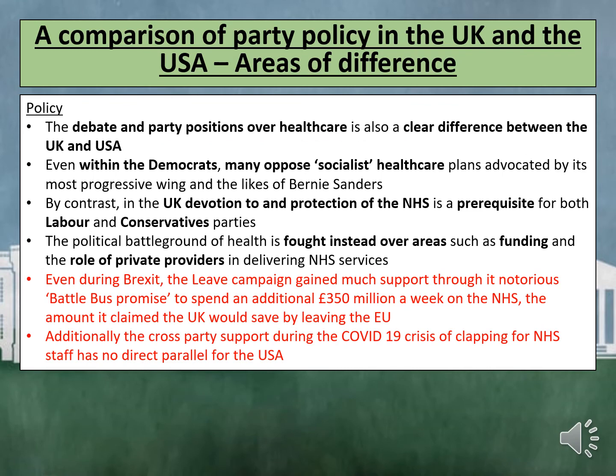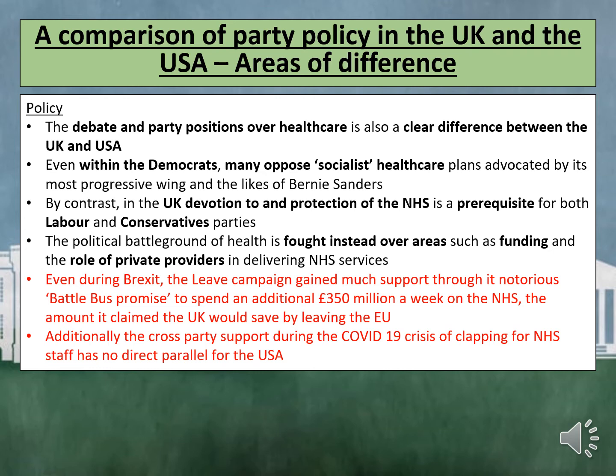The debate and party positions over healthcare are also a clear difference between the UK and US. Even within the Democrats, many oppose socialist healthcare plans advocated by its most progressive wing and the likes of Bernie Sanders. Many Democrats remain suspicious of a single dominant state-provided healthcare system. By contrast, in the UK, devotion to and protection of the NHS is a prerequisite for both Labour and Conservative parties. The political battleground of health is fought instead over areas such as funding and the role of private providers